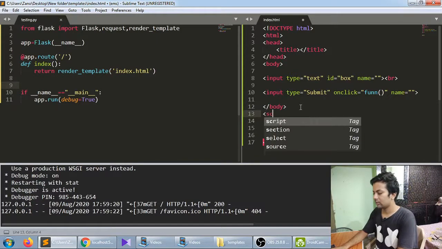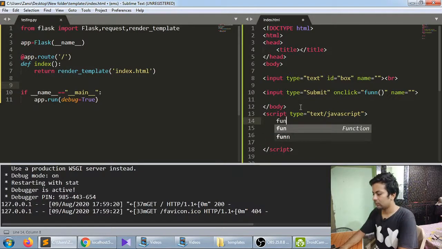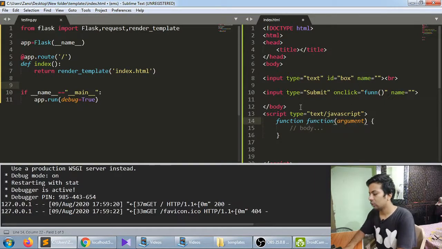Let's make a script tag. Now we'll make a function named fun, because I want it to initiate whenever someone clicks on the button.